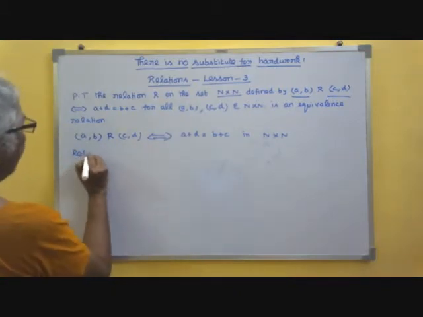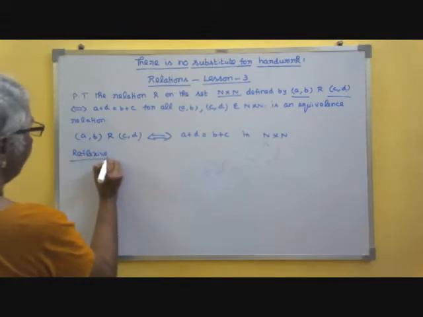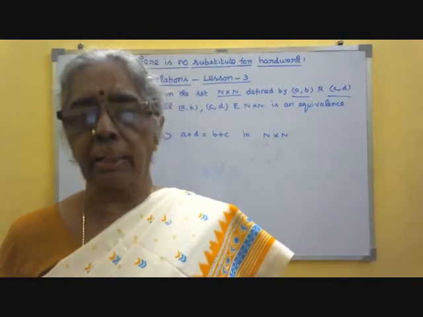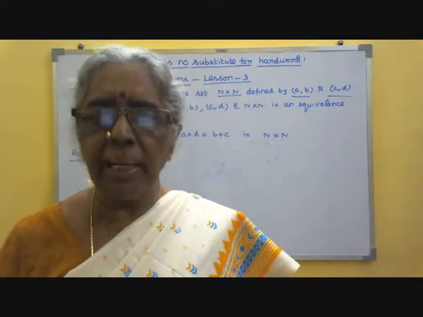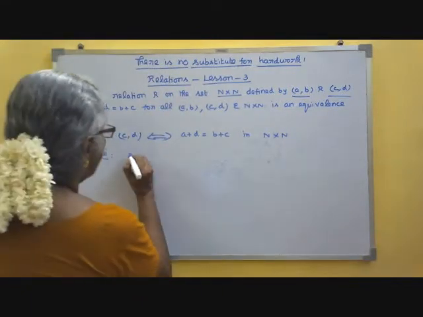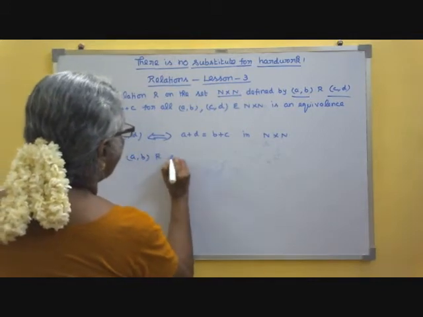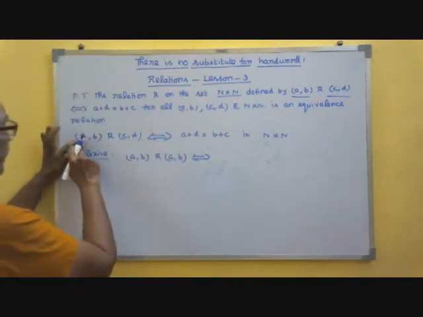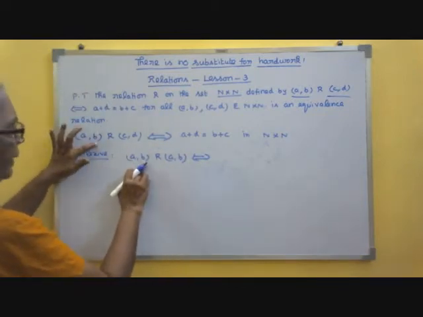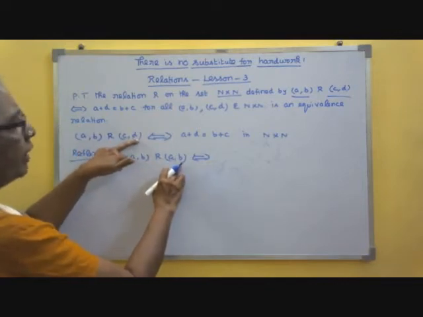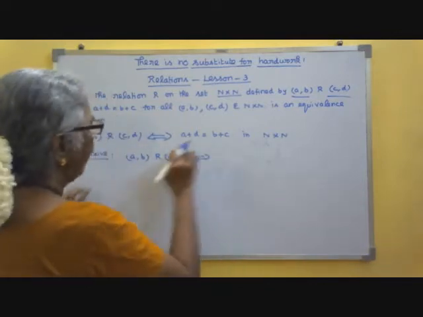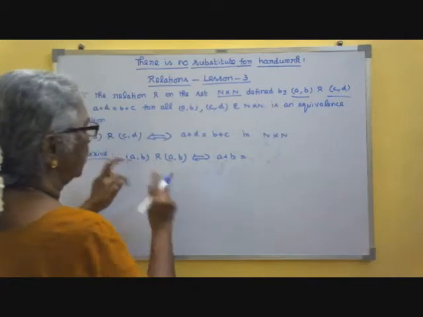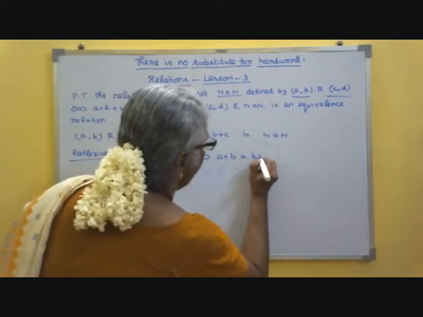Now I am coming to reflexive. You know, reflexive means, in an ordered pair element I told you how to write. If A comma B related to A comma B, you can call R as reflexive. Okay, we have seen that. So now I will write A comma B related to A comma B. Now I am going to write what is implied by this. Just compare with this. A, B, there as it is. This is now C. This is now D for you, remember. Now it is A plus D. This is A, this is D. So you will get A plus B, that is equal to B plus C. So that will be B plus A.